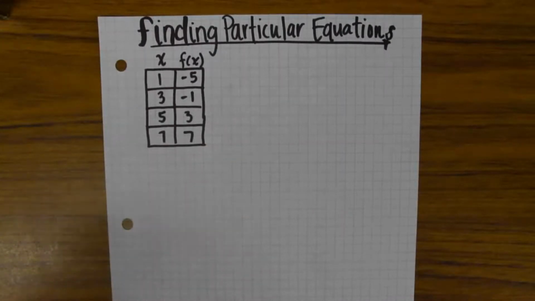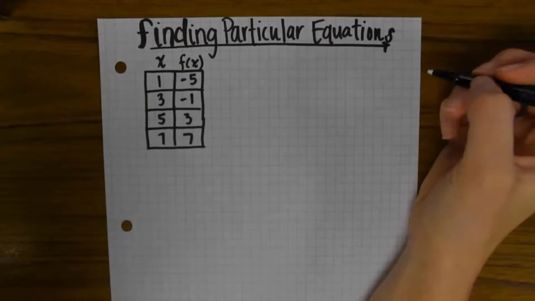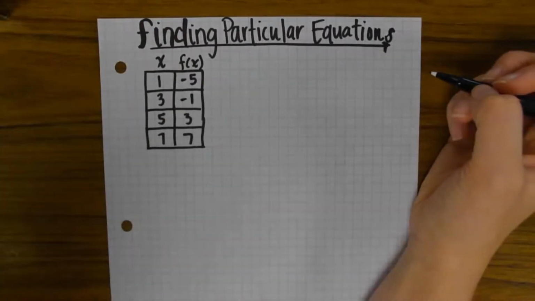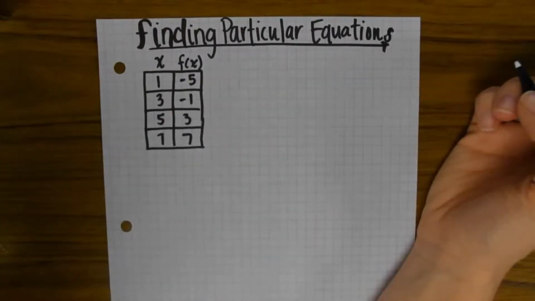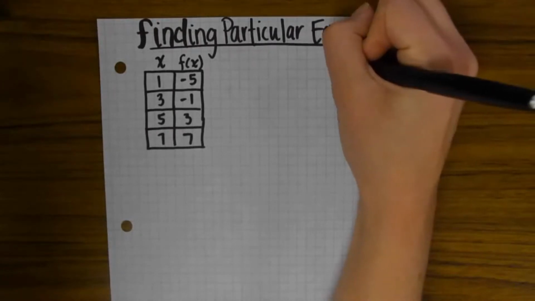In this video, we are going to go over finding particular equations given multiple different types of tables. As we look through these tables, one thing that we want to keep in mind are the different patterns that can happen in tables. So let's first make ourselves a table of contents over here of the different patterns that could possibly happen. One pattern that could happen is an add